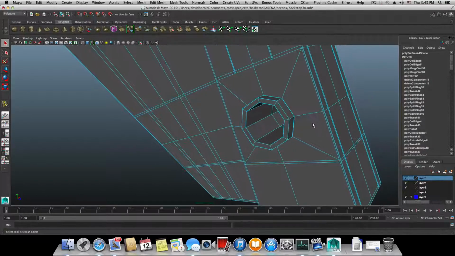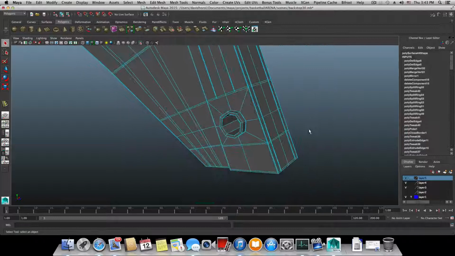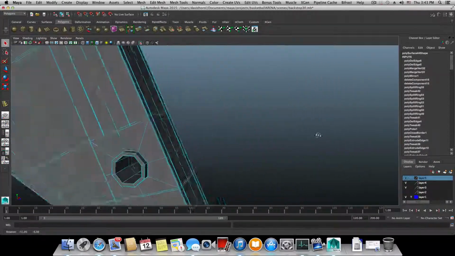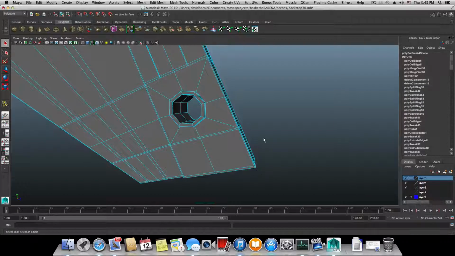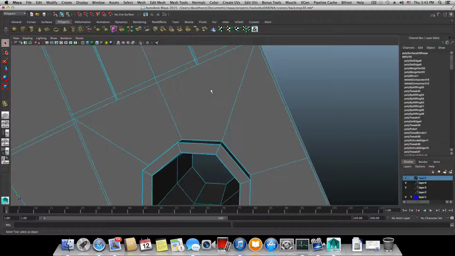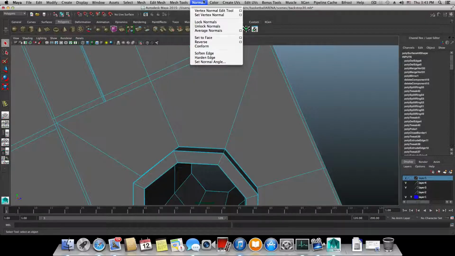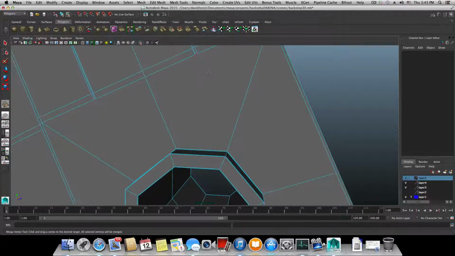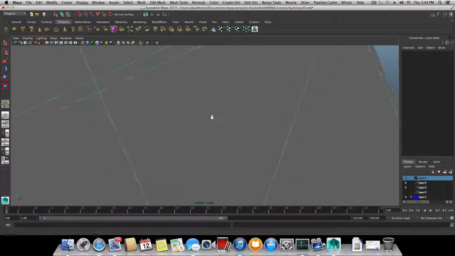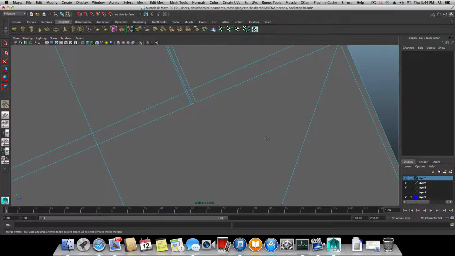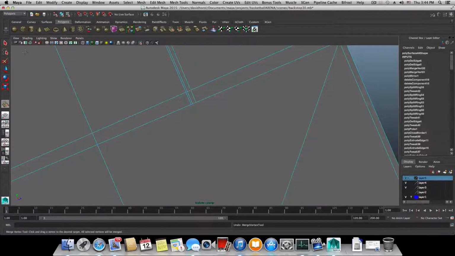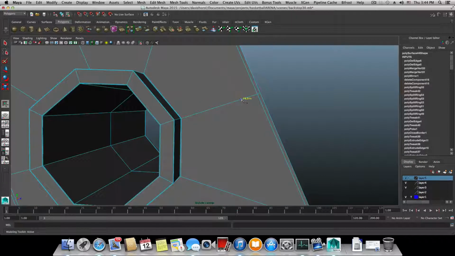Now we want to connect those to the ones on the other side. So we need to tunnel them through here and over there. We're going to do this in steps. I don't want you to mess too much with your model. Multicut tool. So one click here, another click here, another click here,